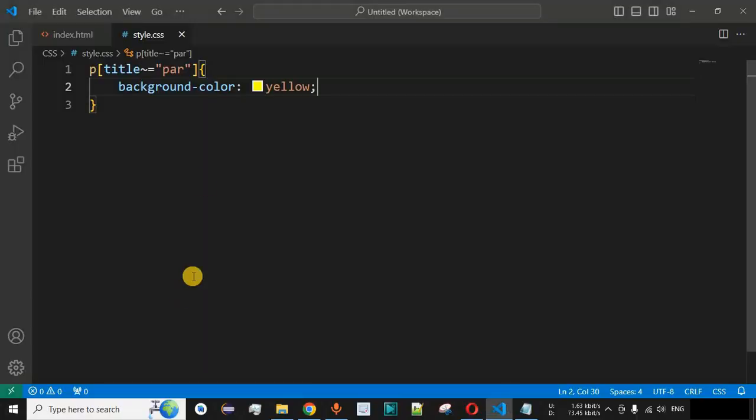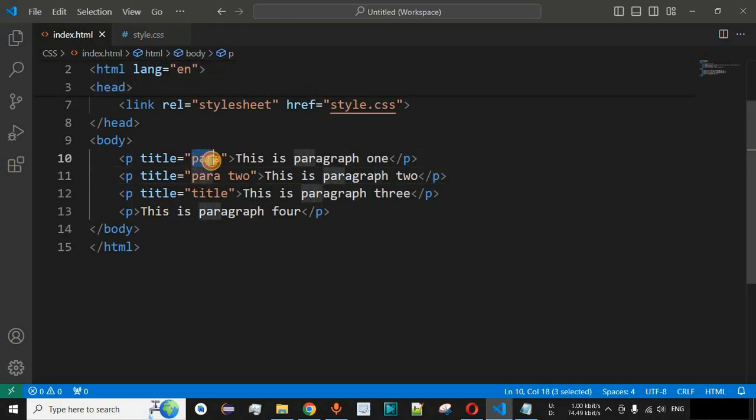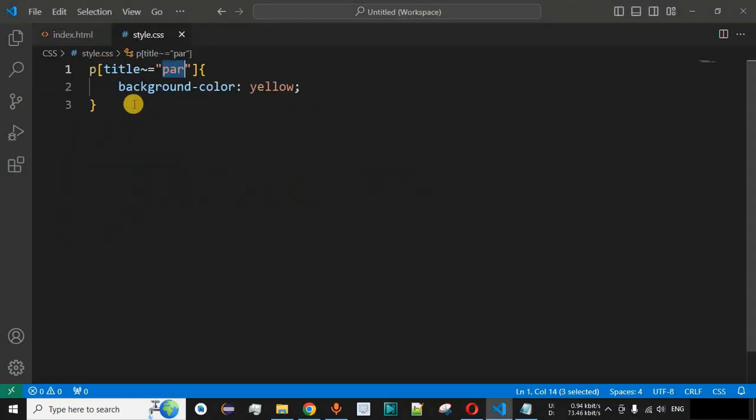So guys, what we have seen is that this particular symbol checks whether the entire word is present for that particular attribute or not, but this word is not present. But if you want to use a substring of any of the words, which means this par substring is present in both paragraph 1 and paragraph 2, then you can use the star character over here.